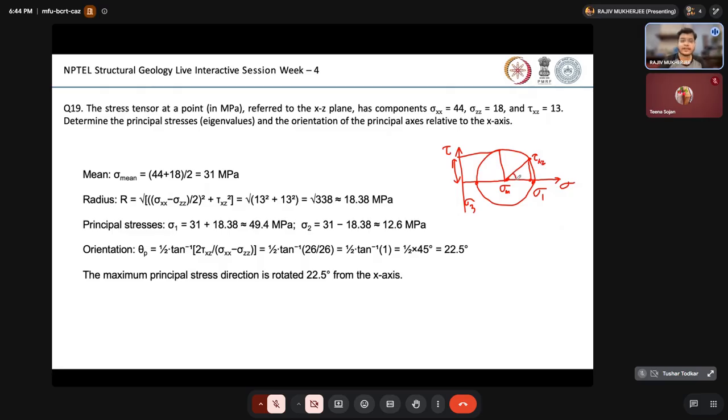And then you measure this angle and you simply divide it by 2, right? Essentially you will have a right angle triangle like this in the Mohr circle, and you simply take the inverse of the tan, and that's how you measure the angle of sigma 1 relative to the x-axis. Okay,